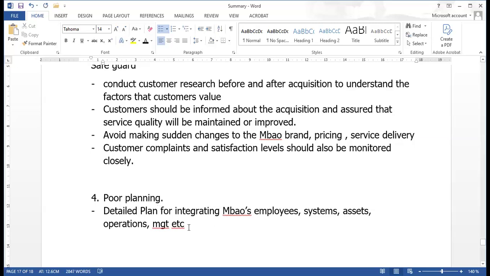Poor planning leads to what? Now you first state a point. But of course, here we are looking at the financial benefit, how the acquisition may fail to provide the financial benefit. You don't have the plan for integrating all of this. So poor planning. Now you're trying to state how this can affect the financial benefit. Poor planning may lead to